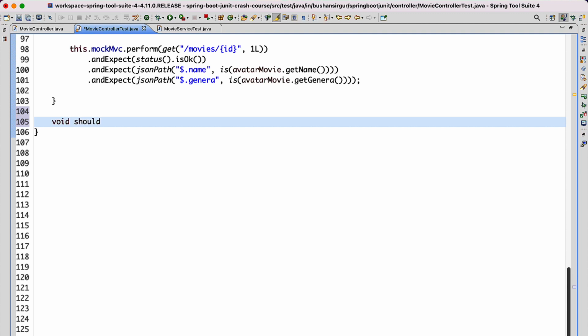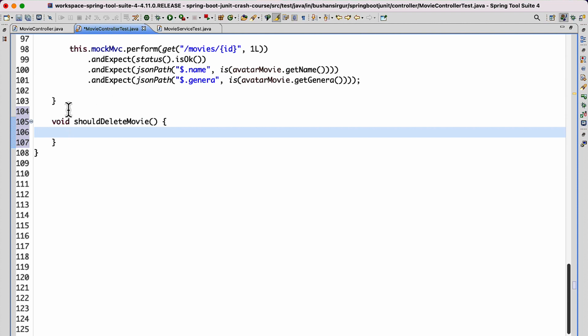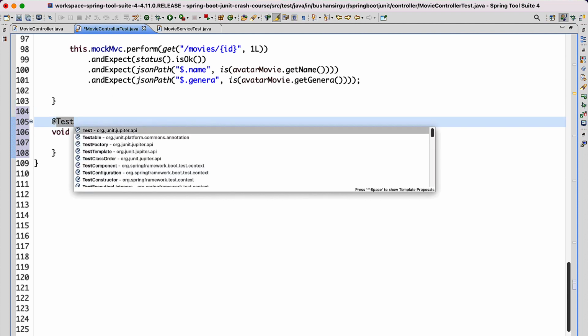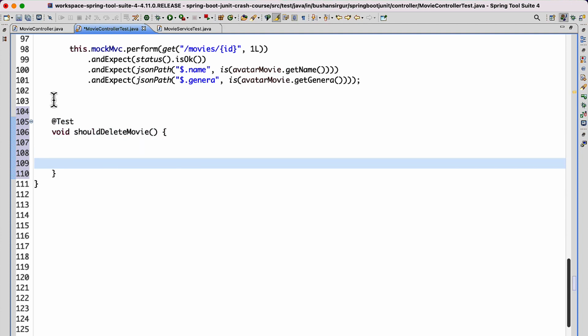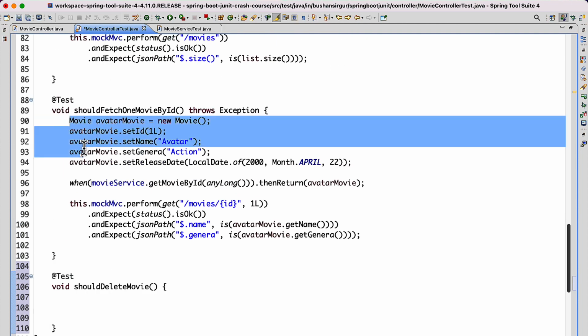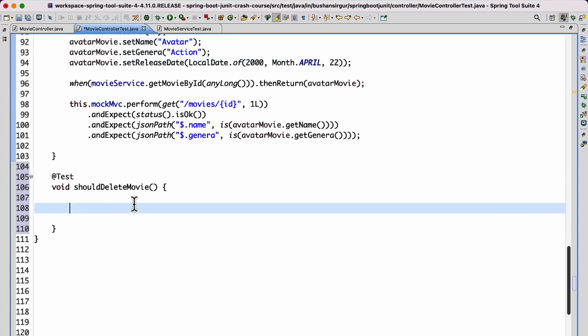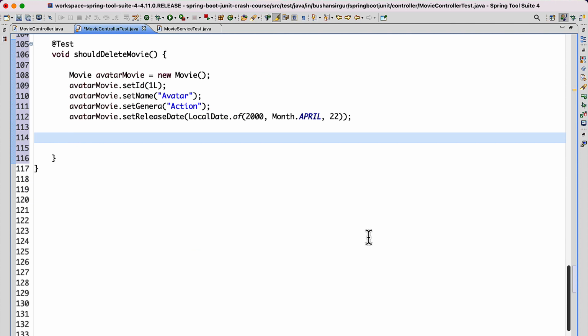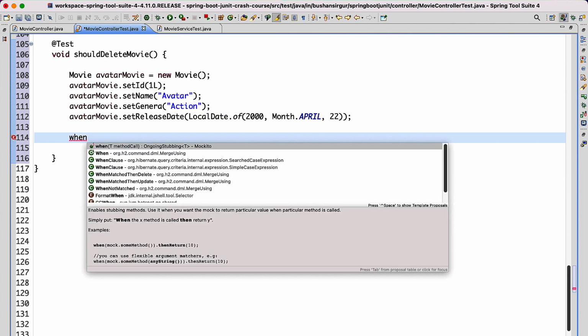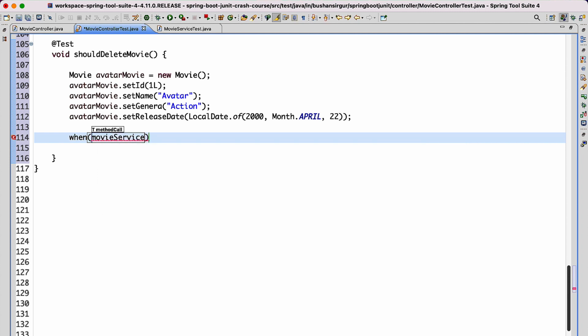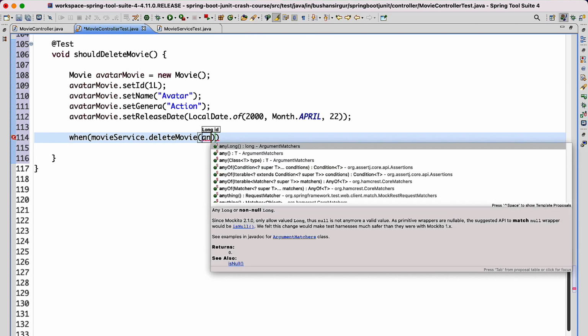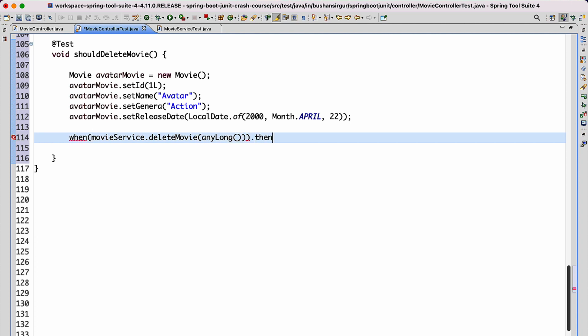Void shouldDeleteMovie. Let's add the test annotation, and inside this, first of all, we have to set the data that are required for our test case. So I'll just copy this and paste it. Once we set up the data, we have to stub the method. So when movieService.deleteMovie, and we need to pass the movie ID. So we can pass any long, then it should return